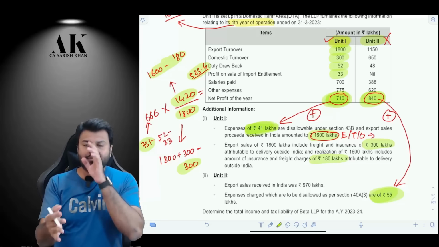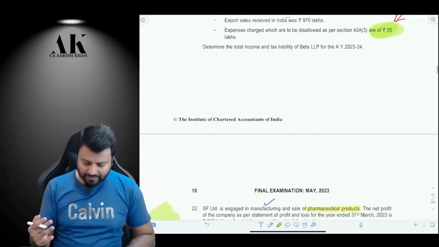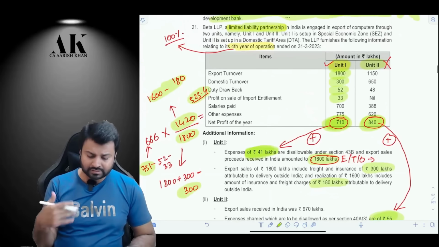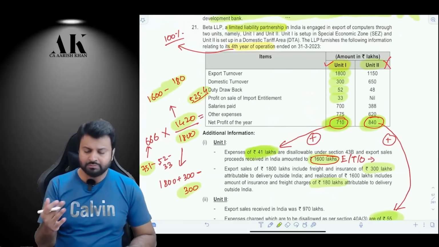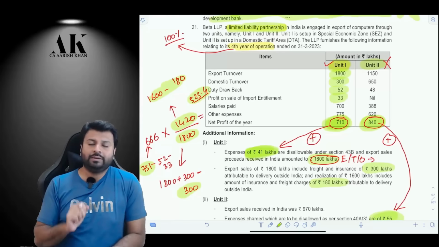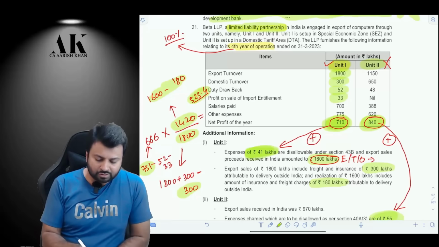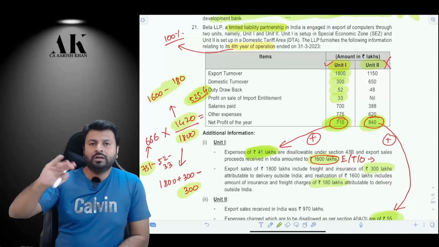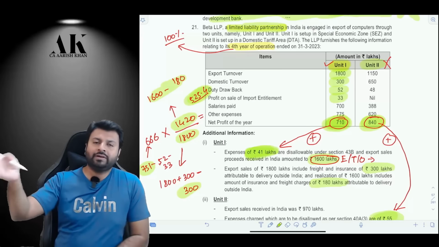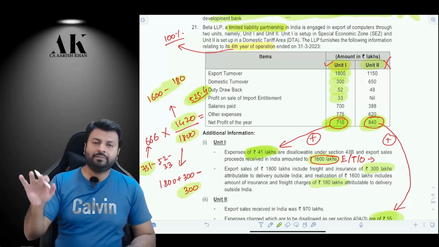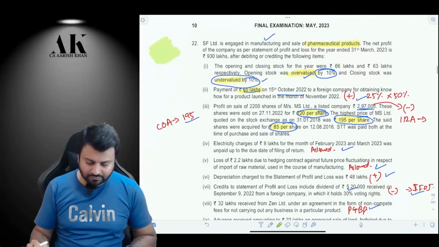I will take the deduction, I will compute tax at 30%, and then I will apply surcharge also if applicable, because surcharge is applicable according to me over here as the income is more than 1 crore. Now I will also compute AMT. While computing the AMT, what am I supposed to do? I will add back 525.4 to get the adjusted total income, and then I will apply 18.5% plus surcharge if applicable and cess of 4%. Okay, so this is what this question is all about.